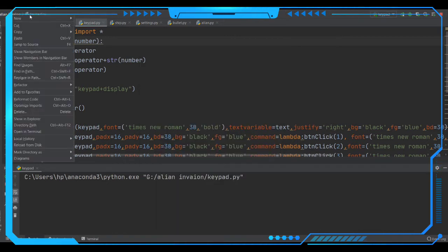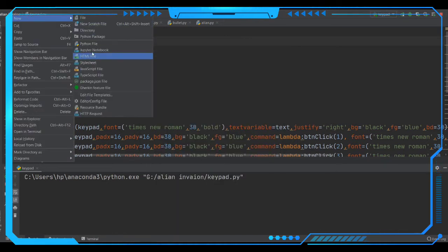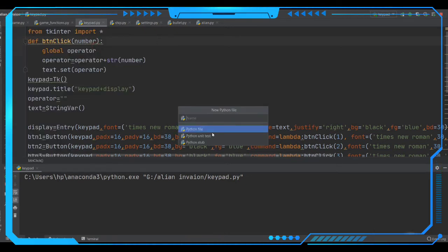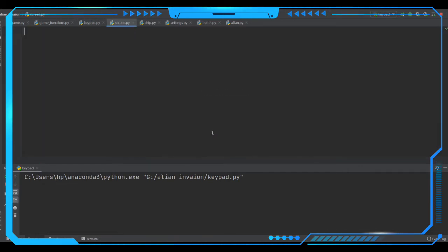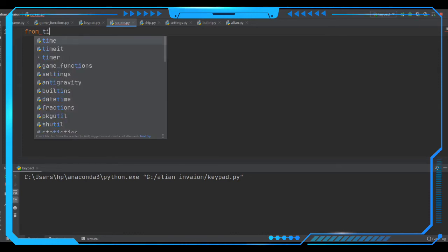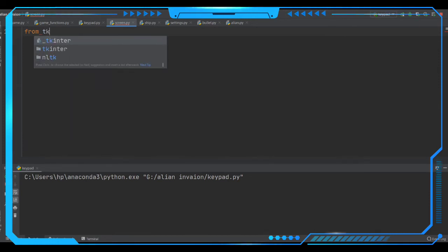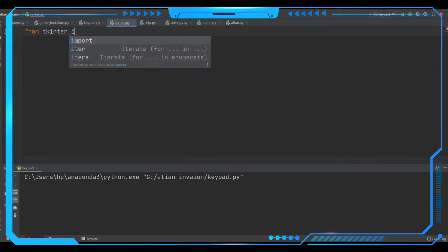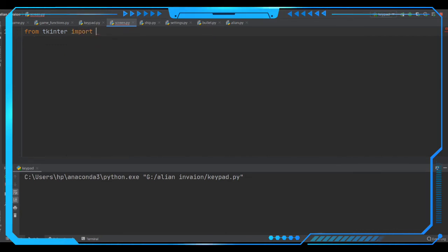Let's create a new Python file here, select Python, and let's name it screen. Now we have to import the Tkinter toolkit from tkinter, import all.